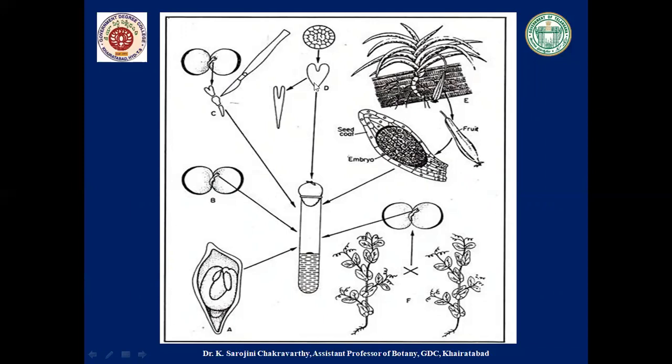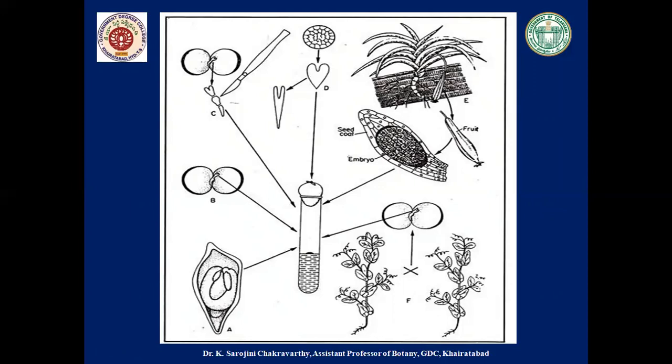Next, this is the culture of immature embryo, nothing but the proembryo stages, that is heart-shaped and globular stages. The next one is the culture of undifferentiated embryo of orchids. Orchid fruit contains many tiny seeds. So this is the fruit of orchids. The last is plant breeding experiments, the culture of abortive or non-viable embryos. Through that also culturing can be done. So this is the picture which shows all 6 categories of embryo culture.